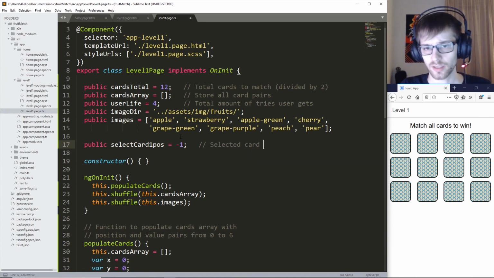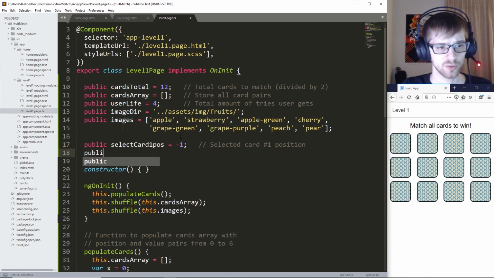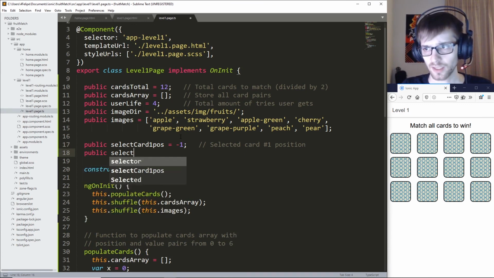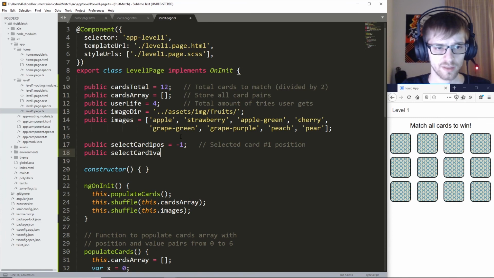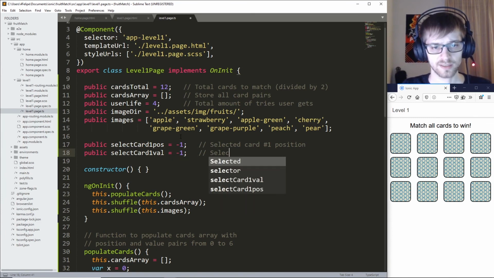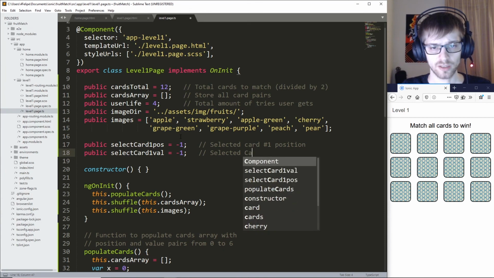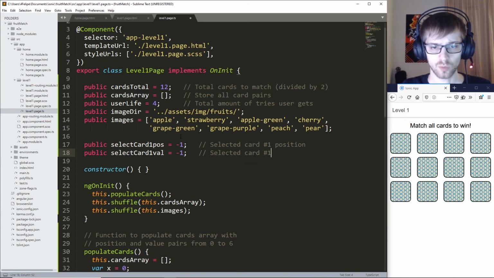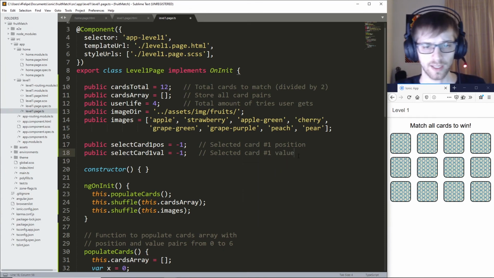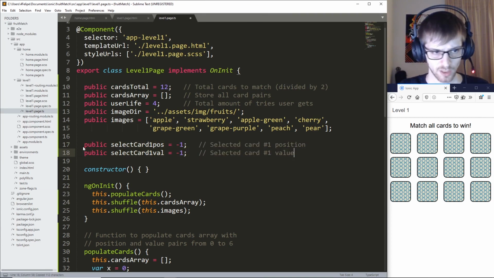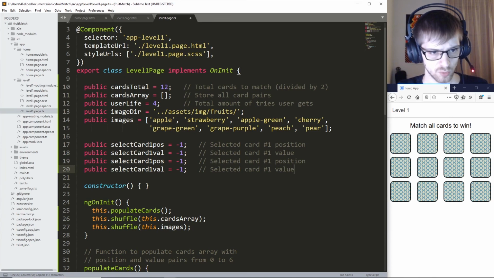Selected card number 1 position. Then we're going to do public selectCard1Val, -1. Selected card number 1 value, and then we can just copy this code and do 2,